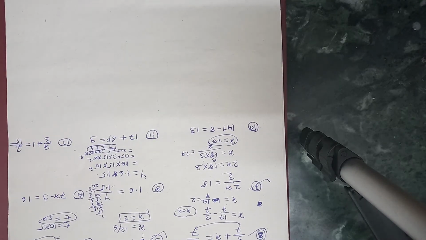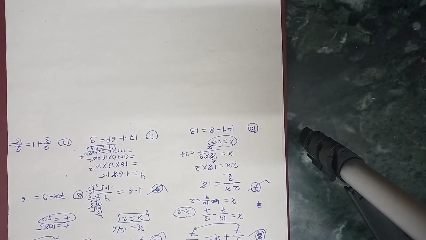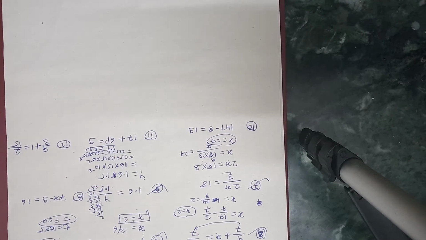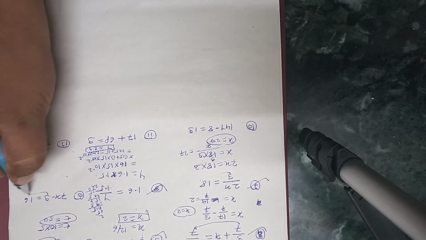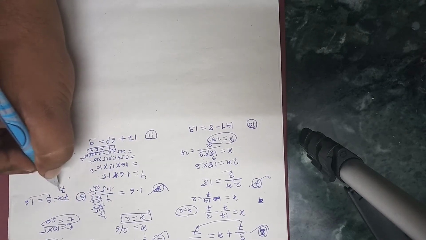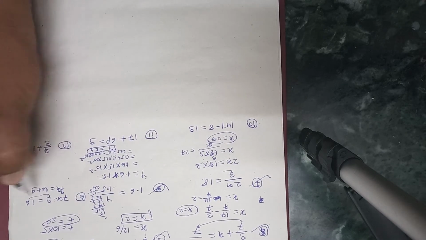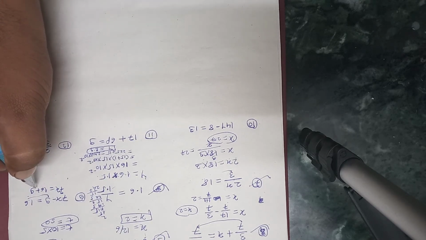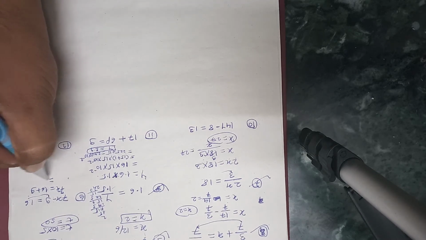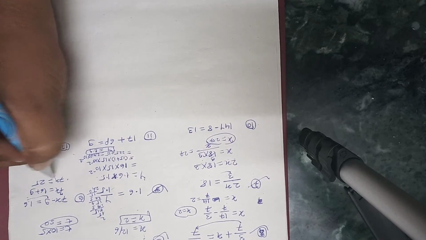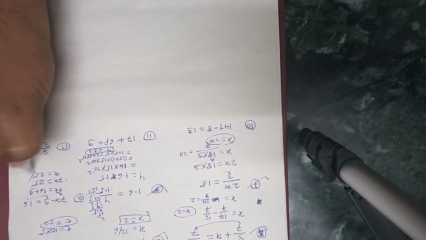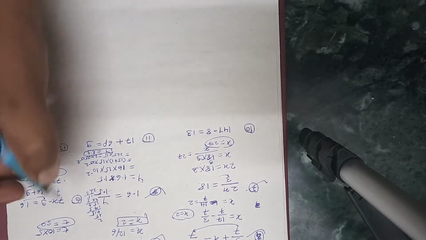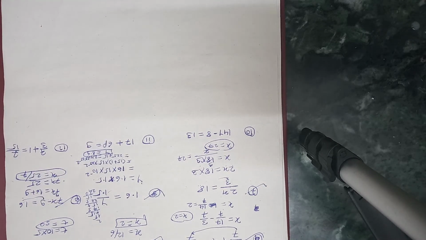Example number 8 is completed. Let us see example number 9. Example number 9 is 7x minus 9 is equal to 16. Transfer this 9 from here to here, that is 7x is equal to 16 plus 9. The sign gets changed. 16 plus 9 is 16 plus 10 is 26, 26 minus 1 is 25. 7x is equal to 25. x is equal to 25 by 7. Example number 9 is completed.